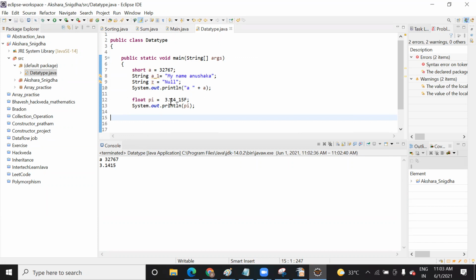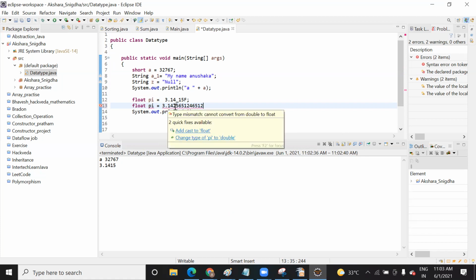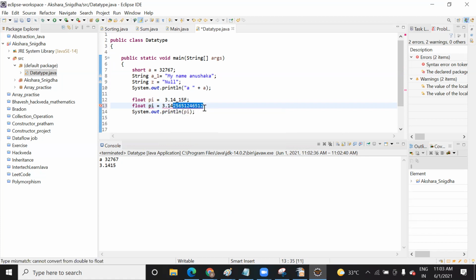Okay. Means the reason why, because 1, 4 will be a long non-terminating value you will get when you divide 22 by 7 or 3.14, it will give a long value. So in order to get an exact value, like suppose float pi is equal to 3.14, and we have seen it was giving 14256, then again 142, something like this, right? So in order to remove such a big decimal value, you can use it like this.